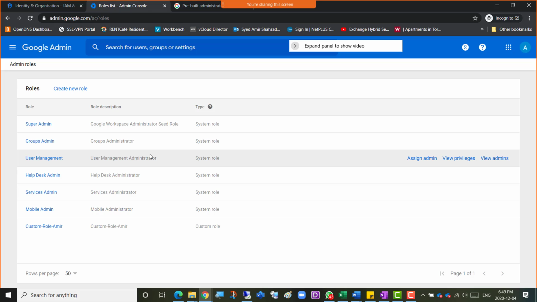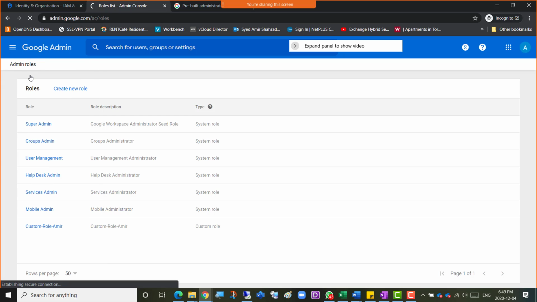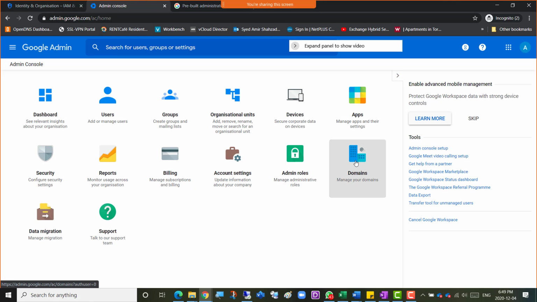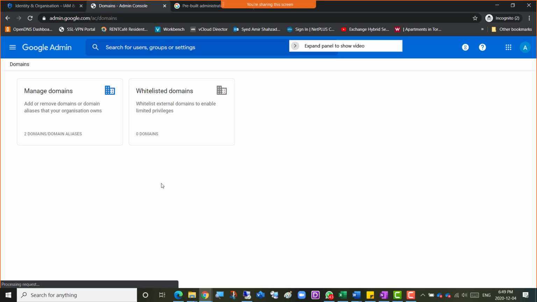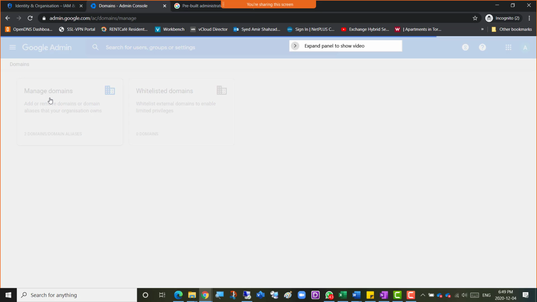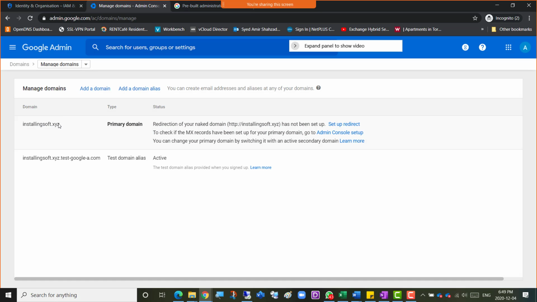So I'm just going to go back to the main menu here, home. Domains, if we go to domains, this is what we have visited before as well. Manage domains. If I whitelist domains, these are the domains from which you want to allow traffic to come to this domain. So those are whitelisted domains. If I go for manage domains here,